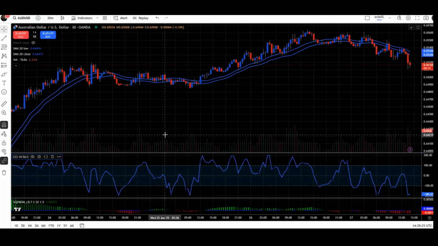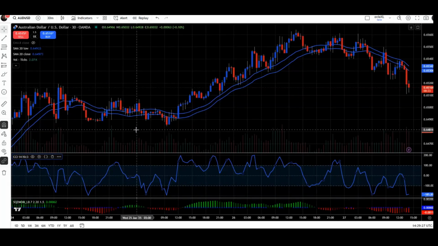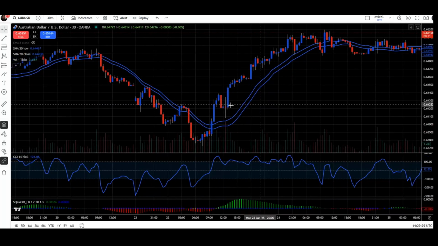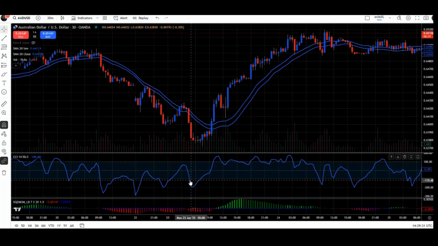So if we can go back to the beginning of this chart, all the way back, as we can see with the CCI, price action dipped. It came off of the 20-period moving average zone that we created, and it went down, right? But we're a little skeptical because we're not sure exactly how far it's going to go. So yeah, this would be a nice little scalp move to the downside. However,